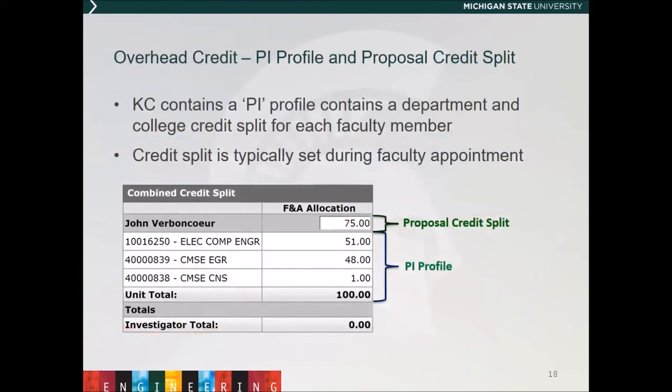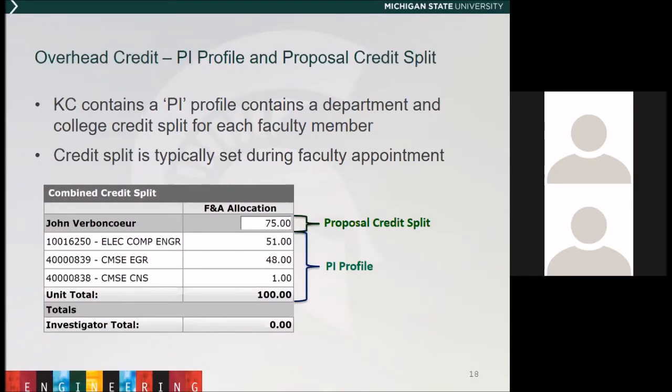What you see on the screen is John's appointment and credit split, our PI profile today. So if this hypothetical proposal is processed today, that will go with the proposal even if tomorrow John's credit split or PI profile changes. So it's locked in. To circle back, a change in your appointment configuration is one reason to do a proposal